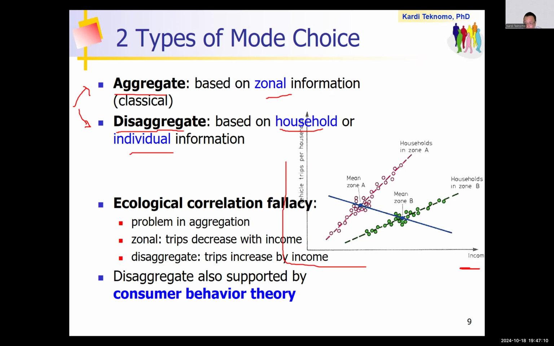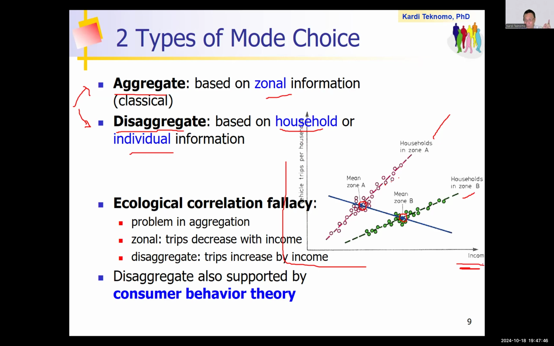If you use this aggregate, you will see these dots, whether the green one or the red one. This point represents the mean for zone A, and this point represents the mean for zone B. So if you use this aggregate method, you will have two lines. This is the line for household A. This is the line for household B, which is